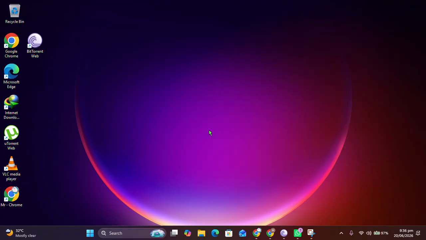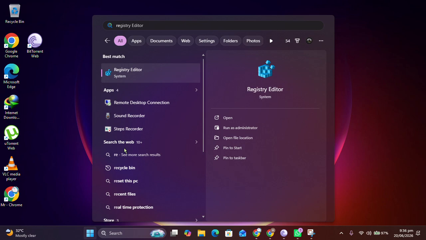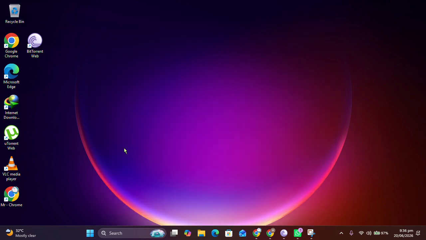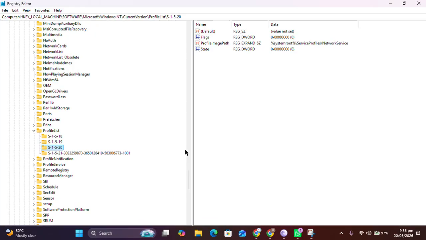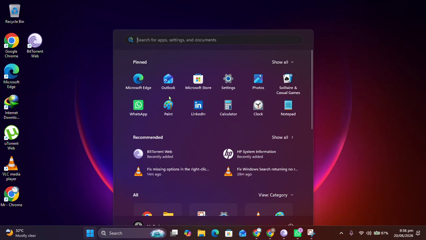Now to fix that, the very first thing you have to do is make sure that you are logged in as admin of this PC. Once you are the admin, go to search and search for Registry Editor. Open this, click yes if prompted, and now